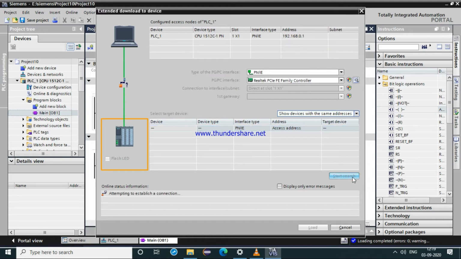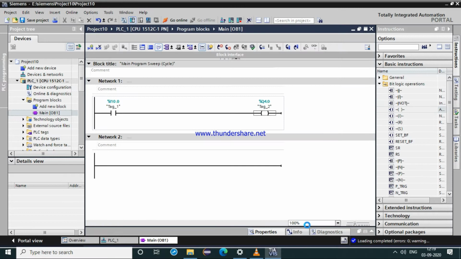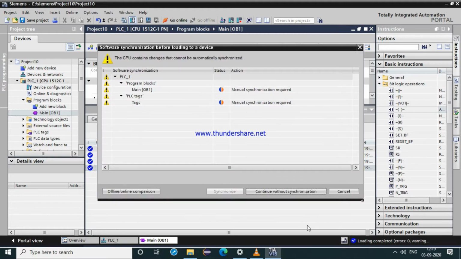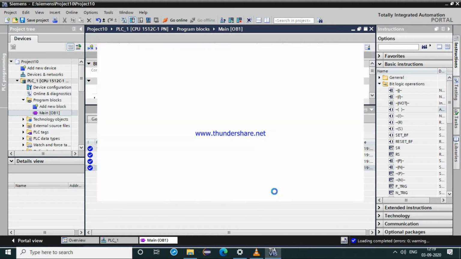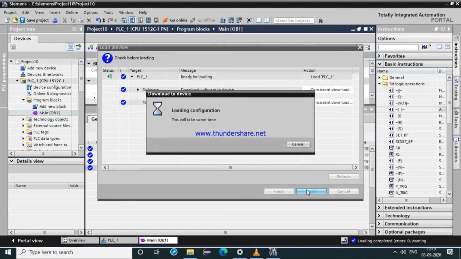After clicking on start search, you will be able to see the device with the same address, and then click on load. After clicking on load, continue without synchronization, and then again click on load.